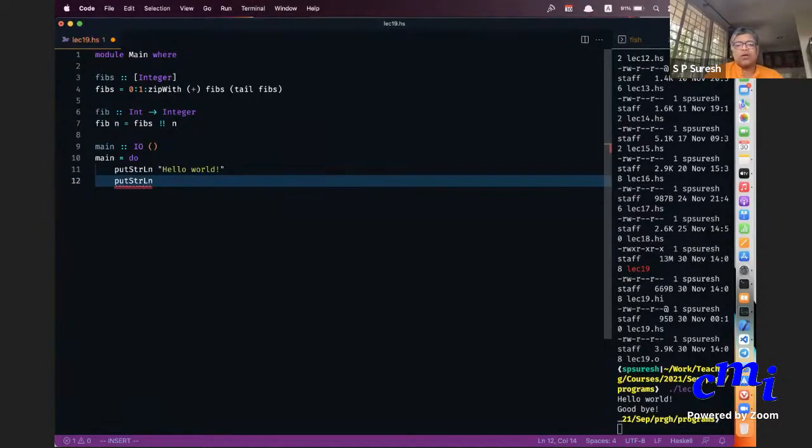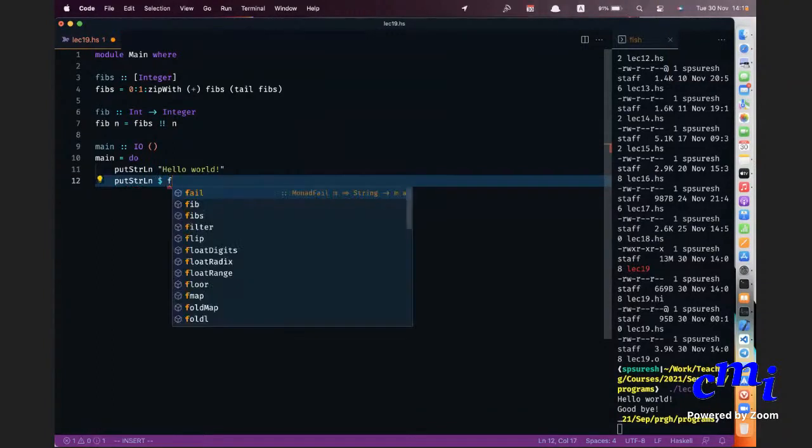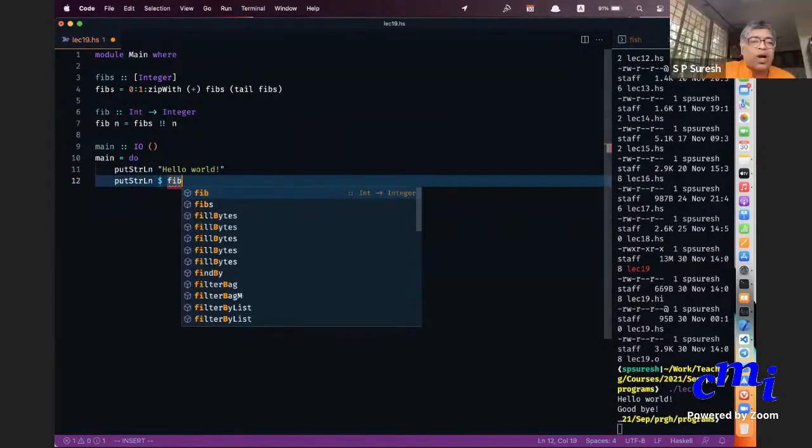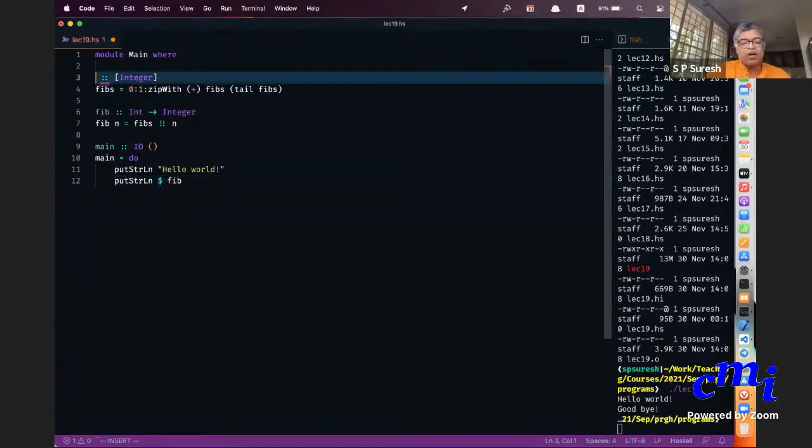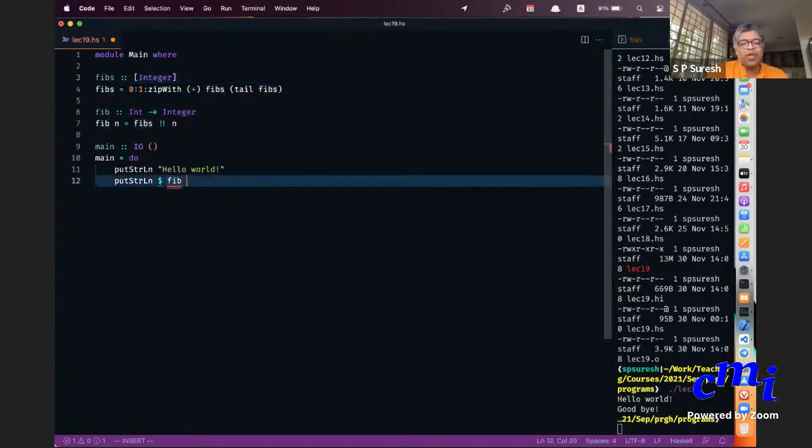So I'll say putStrLn, but I have to put only strings. putStrLn takes a string as argument. So I can't just do fib 50. Even in my lectures, let me use the correct name, Virahanka, but it's okay. Fib 50, let's say.